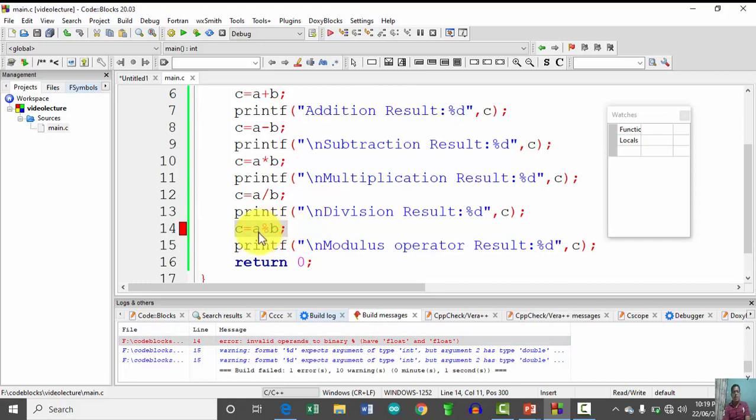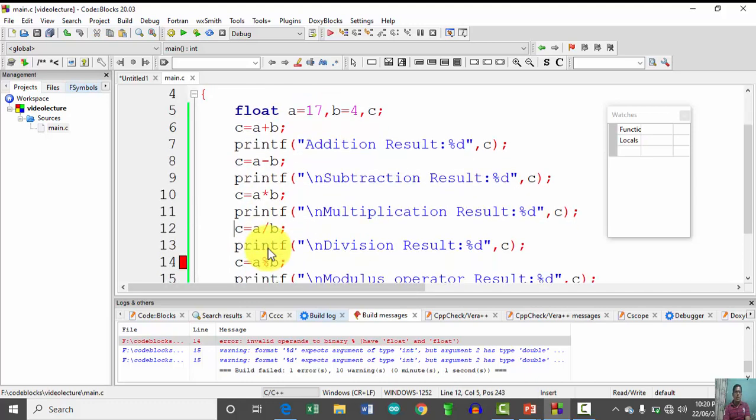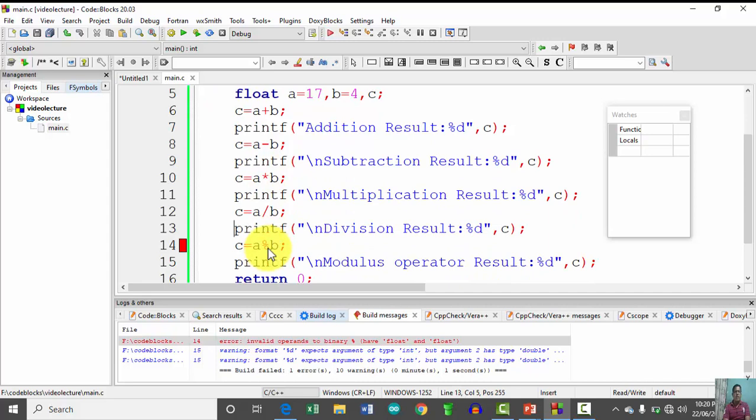Because the data type for A is float and for B it is float, so we can't apply the modulus sign onto variables whose data type is float. Up to this point we are not getting any error, so all the code gets executed perfectly. That means addition, subtraction, division and multiplication operators work fine with the float data type, whereas we are getting an error for the modulus sign.